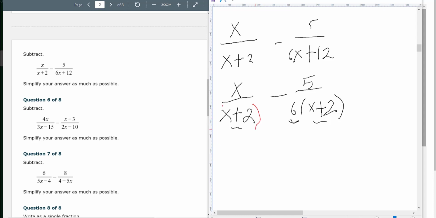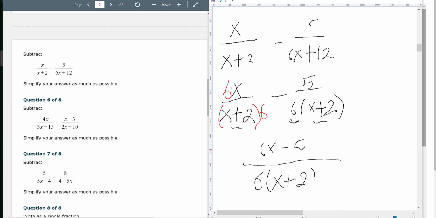So I have to multiply this one by 6. And I'll put the 6 in the front on the top. But as long as you do the top and the bottom by the same thing. Now they have matching denominators. So my common denominator is 6 times x plus 2. And my numerator is 6x